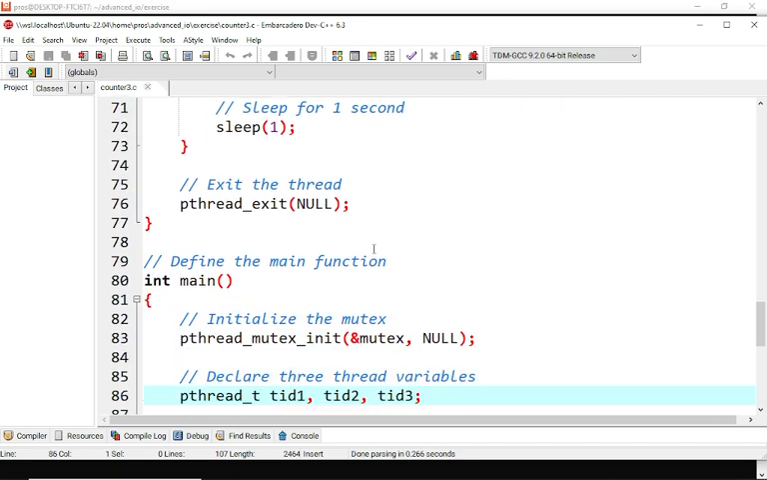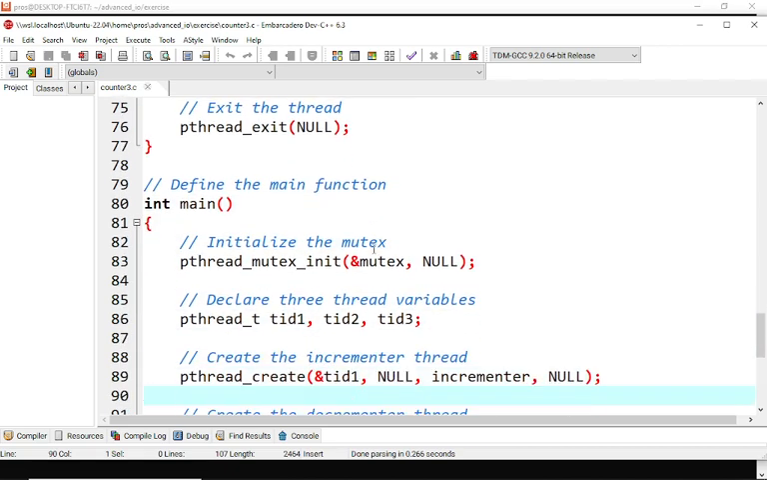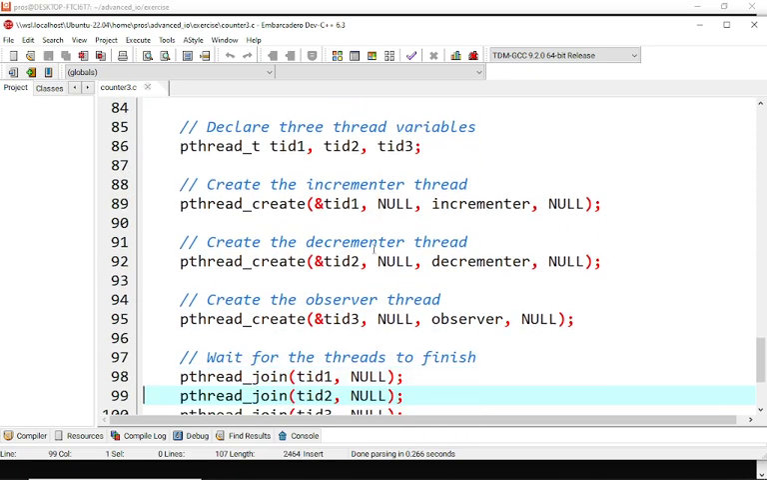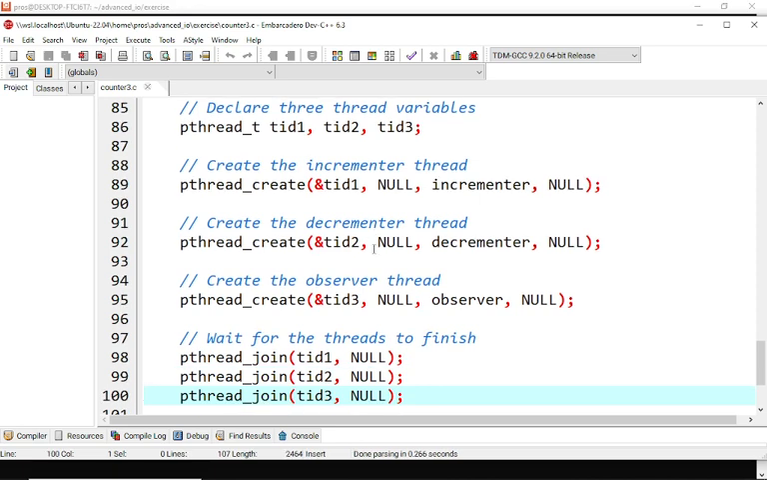So this is the main function. The main function of the program will initialize the mutex, declare three variables, create the three threads, wait for the threads to finish, destroy them, and return from the main function. Specifically, this will be the basic operation that you'll be able to do. The main function also passes the thread functions and arguments to the thread